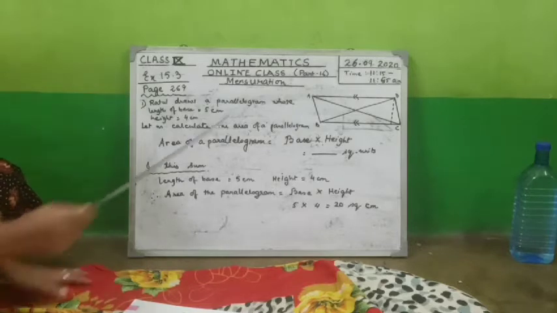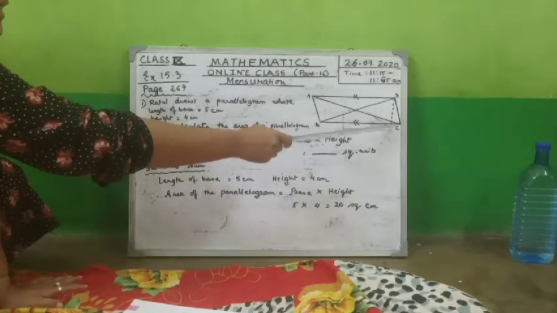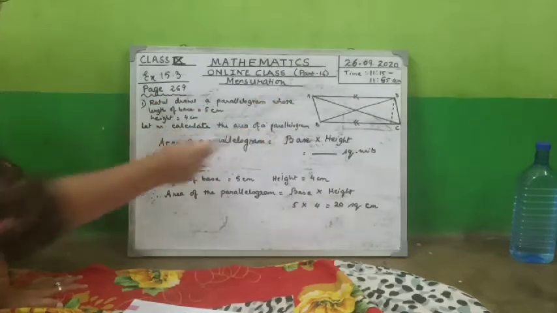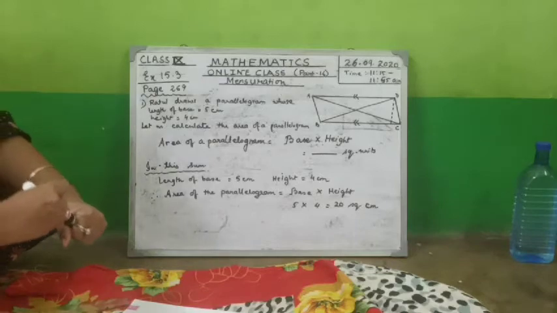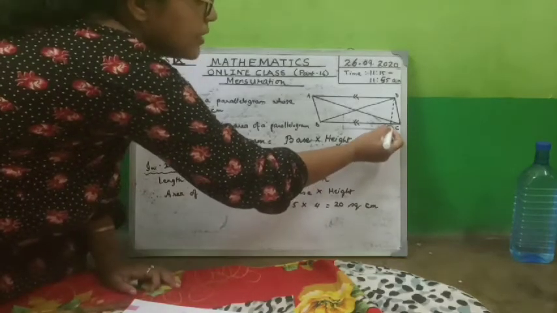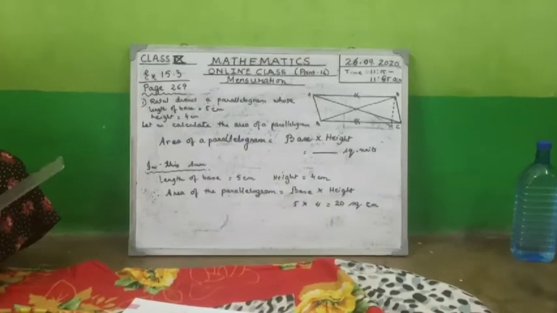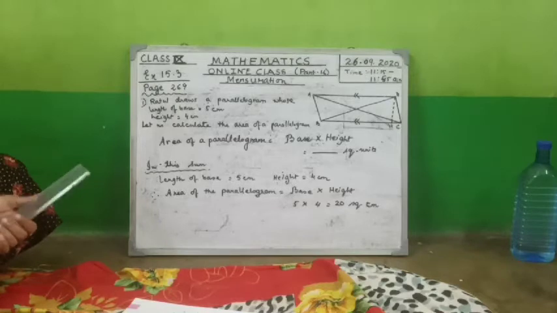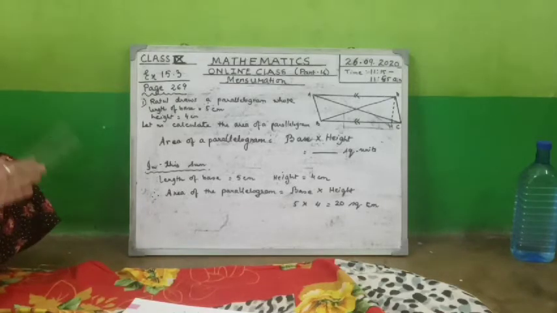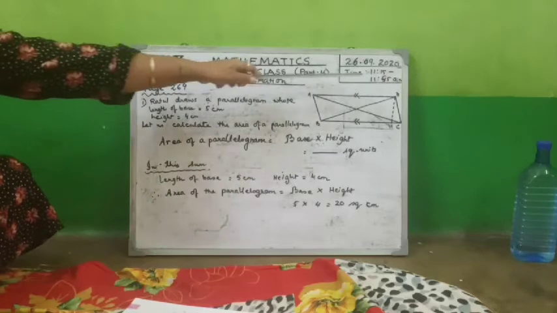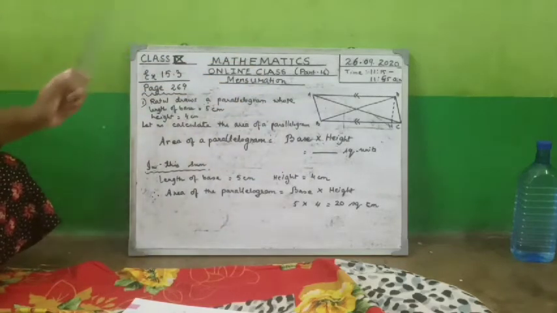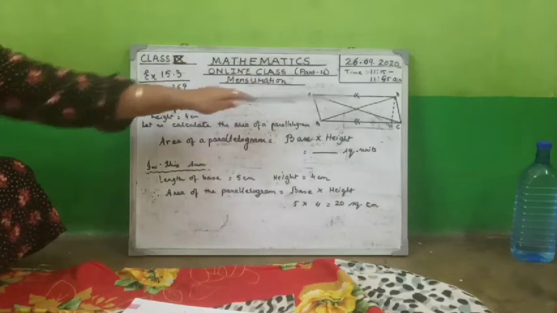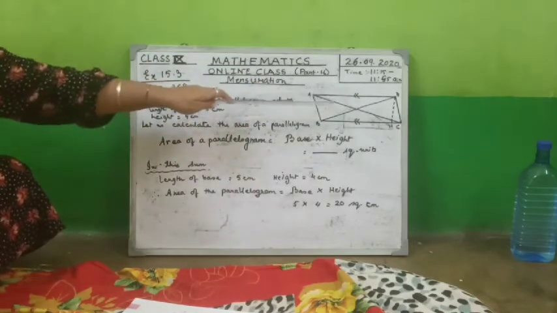Now, over here, you see this pointed height. This is the height of the parallelogram. From D to this point, if I mention this point as H, this will be the height of the parallelogram. This is called the height of the parallelogram. Now, I have explained to you what is a parallelogram. A parallelogram is a quadrilateral figure, means it has a four-sided figure with two parallel lines, and two adjoining sides are equal, and the angular points are also equal.